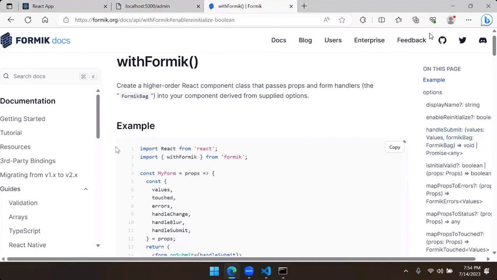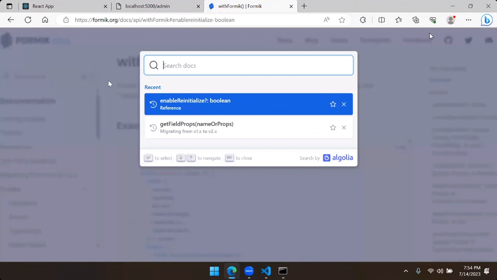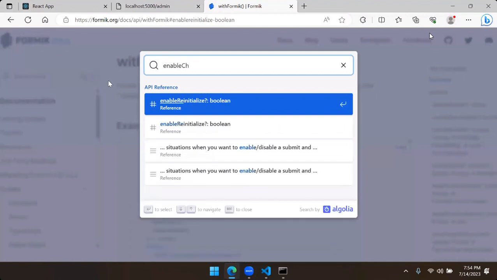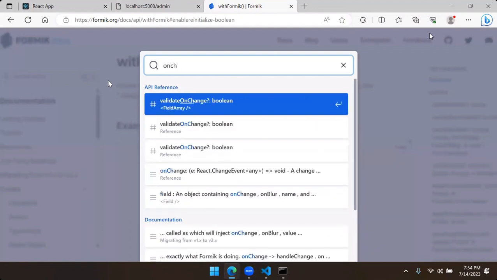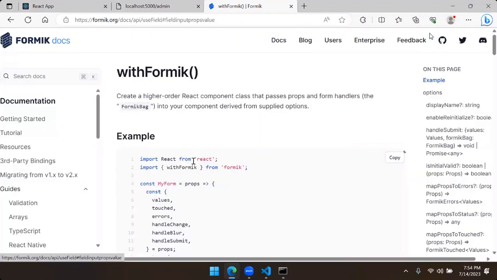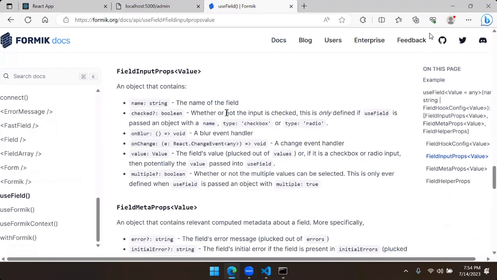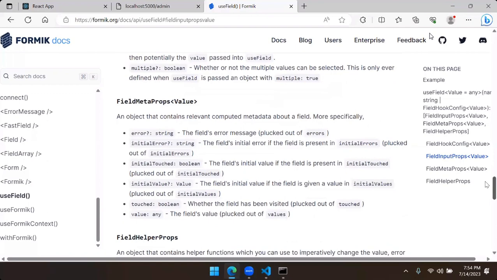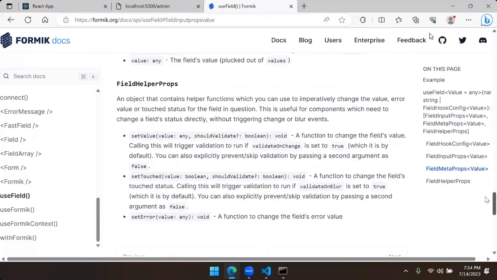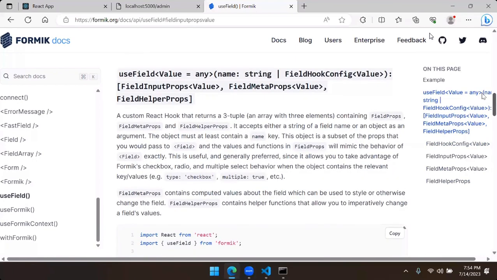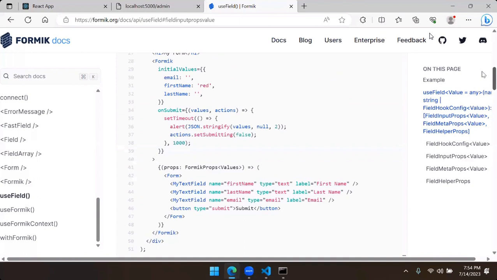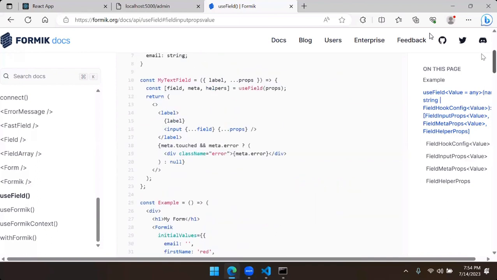Earlier we had the same, enable change is there. One option is